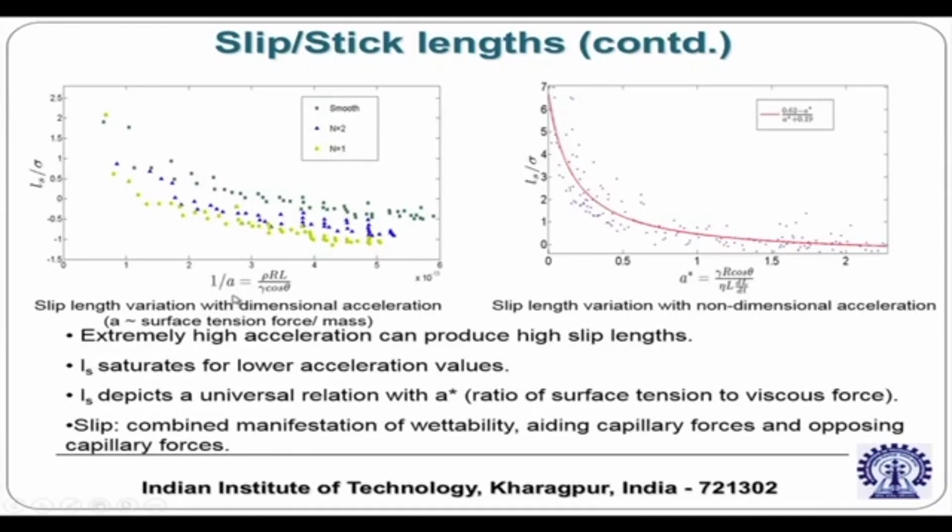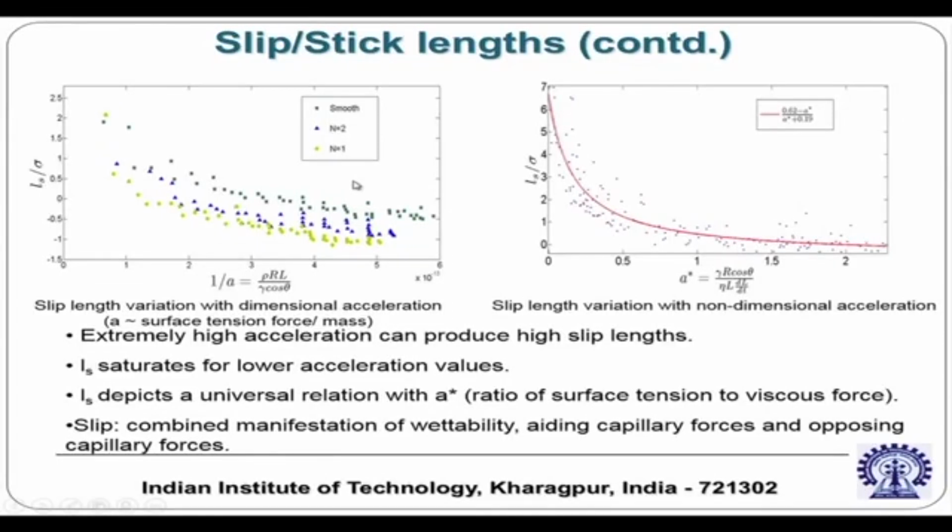It is plotted as a function of 1 by acceleration. Acceleration is surface tension force by mass. So it is a sort of a driving acceleration, right, because the driving force is the surface tension force, and that divided by mass is a driving acceleration. Now you can see that the data is scattered depending on smooth surface, like for different values of the surface roughness